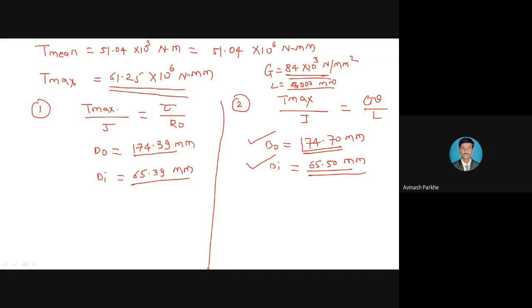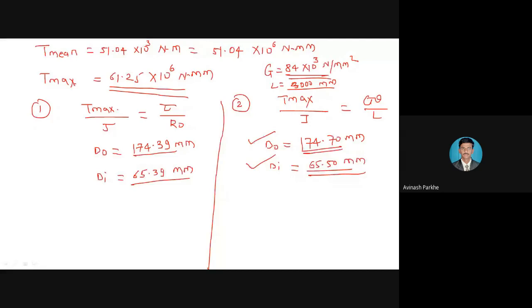I hope everyone has done the calculation. Anybody having any problem understanding this concept? How to identify the statement is very important. If the shear stress is given in the statement, solve that problem based on the shear stress only. If theta, modulus of rigidity and length are given in the statement, we have to solve the same problem using the angle of twist also.